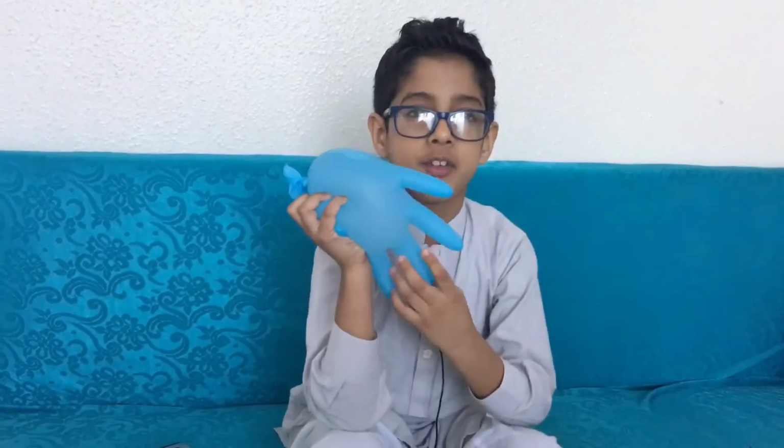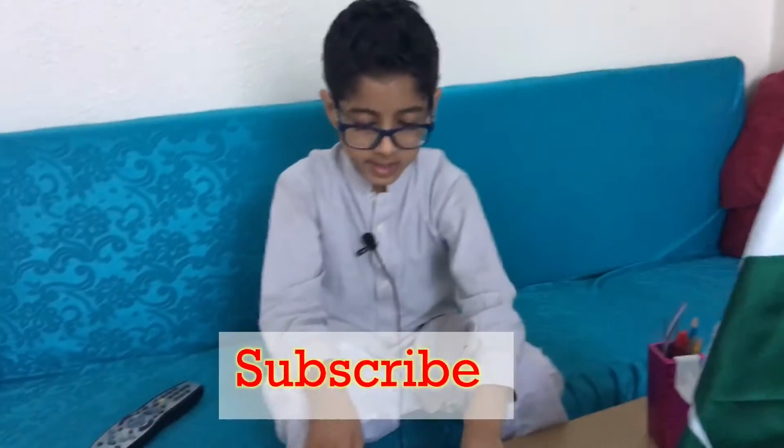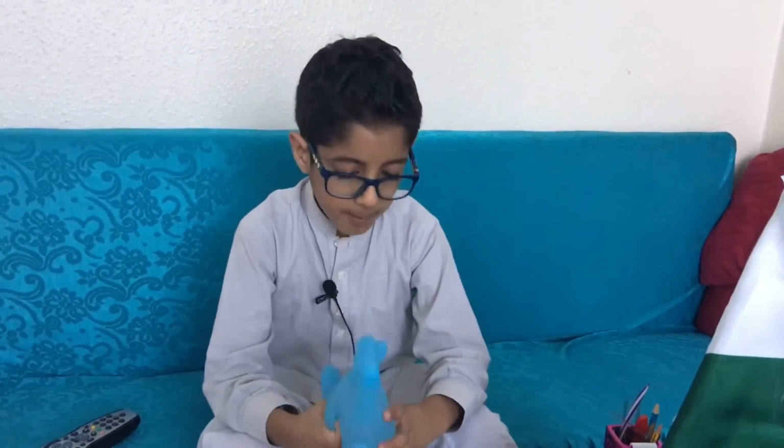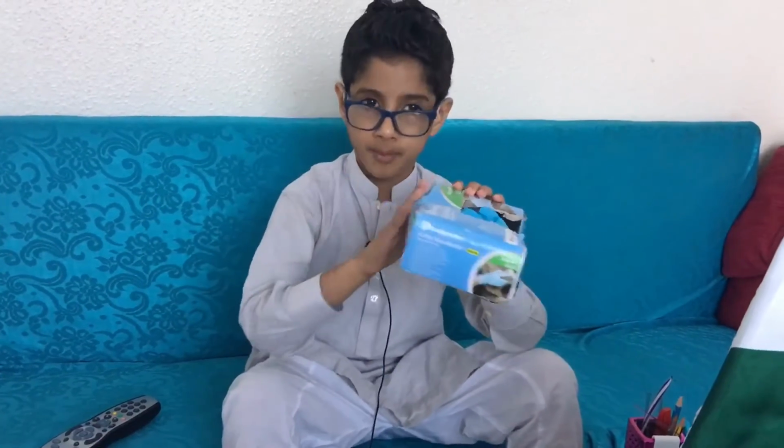So this glove is very useful when you put water in it. These gloves are used for surgeries, chefs, and other things, even for planting. These gloves are very useful. So my mom invented this trick. It's very cool. So if you get a glove from this box, and you put hot water